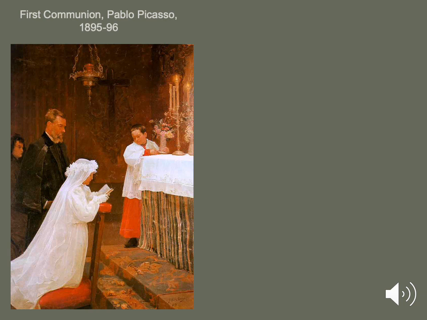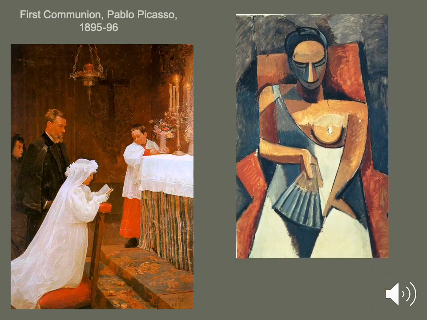Now, when you think of Picasso, you probably don't think of works like this. You probably think of pieces like this. This is Seated Woman Holding a Fan from 1908. This is done in what we call a more mature style, where he's developed his own personal voice, and the style of Cubism. In this piece, we still see the subject matter. We can still tell what it is. It's a woman, and she's holding a fan, but it has been simplified and exaggerated.